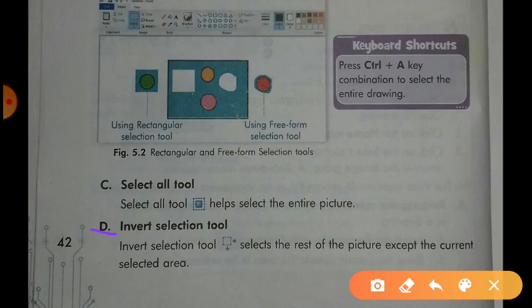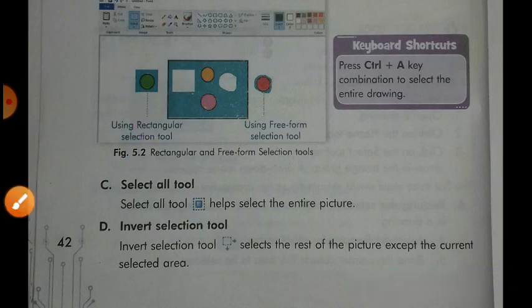The invert selection tool selects the rest of the picture except the current selected area.